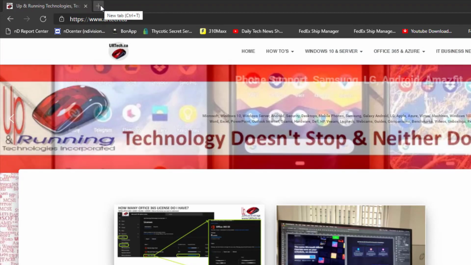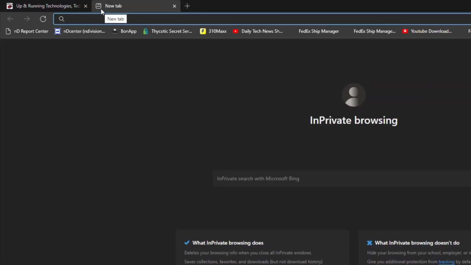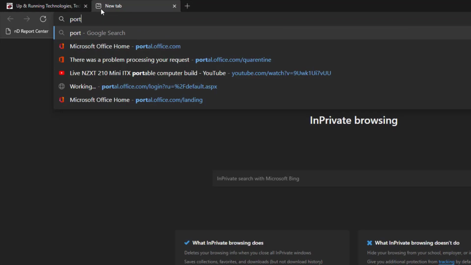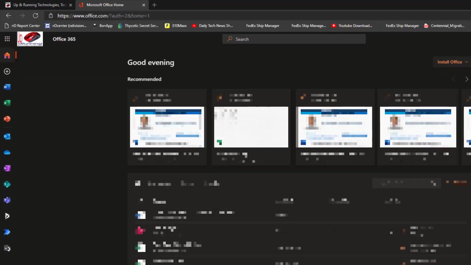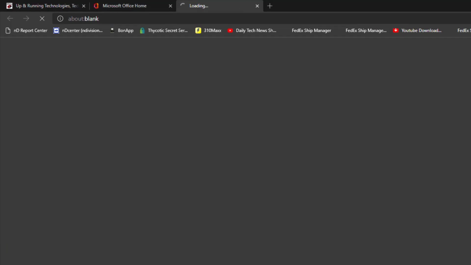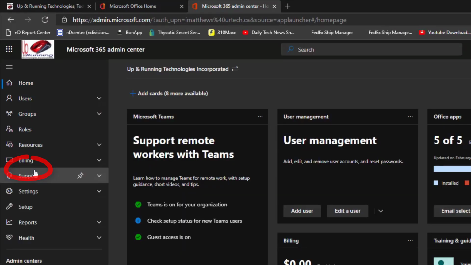As the admin, you need to sign into your portal and make a quick configuration change. It's pretty easy. So what we do is surf off to portal.office.com. Sign in if you haven't already. In my case, I've already signed in, so it's taking me right in. Click admin at the bottom left. Click Show All,